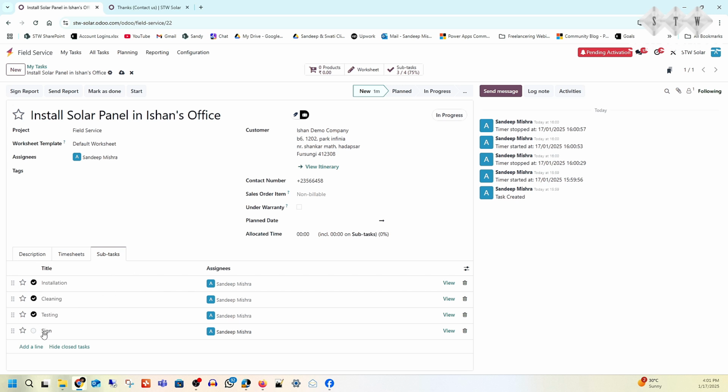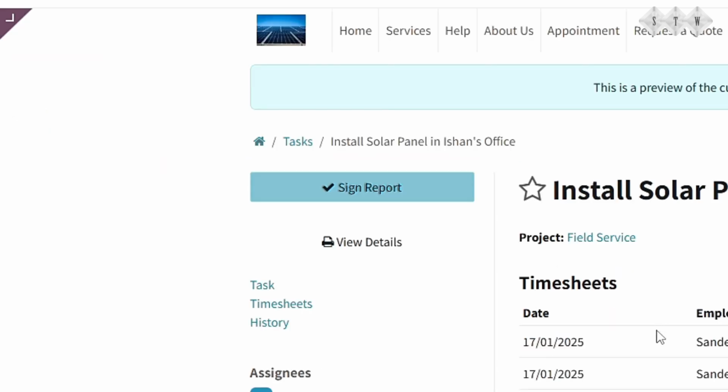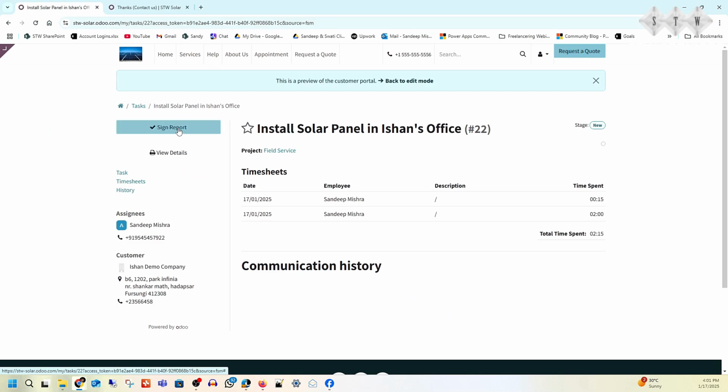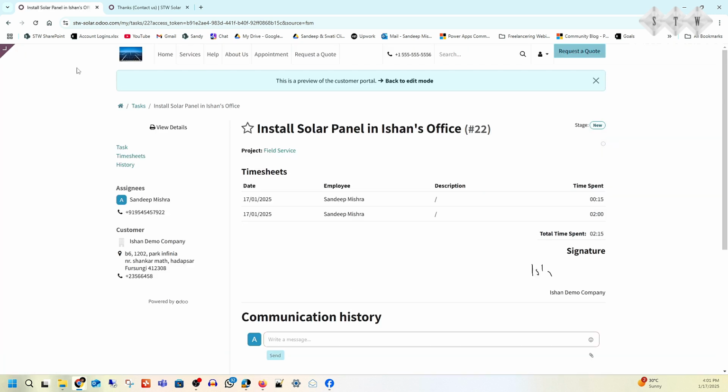But now we have to get the sign. So here you can see we have a button, sign report. We'll click on sign report, and there we can see a button, sign report. So you click on that, draw, and here Ishan will sign, and then sign it. You will come back to